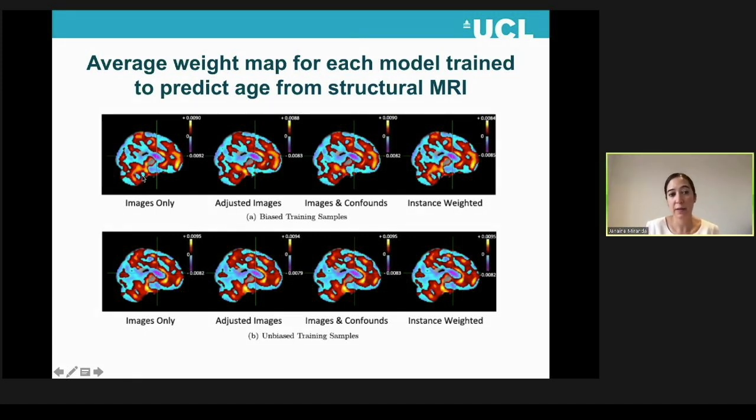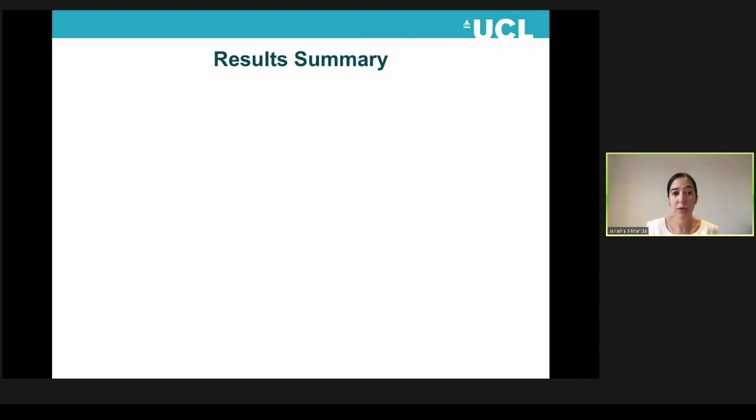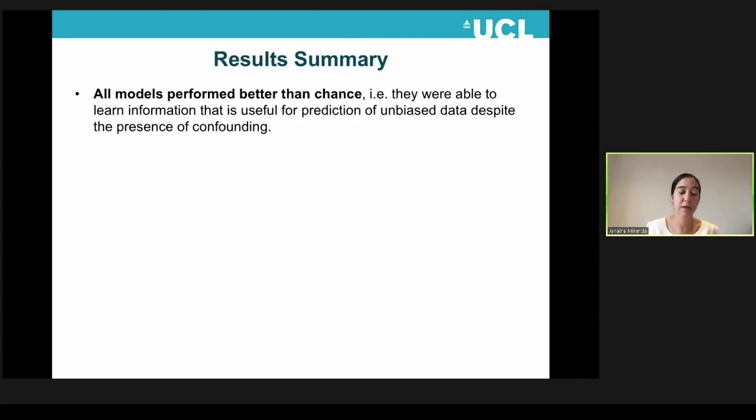And what we can see is that, similar to the previous example, there is almost no difference between the different approaches and even the different samples, the biased and unbiased. So now, to summarize these results, we can make a few observations. The first one is that all models perform better than chance. So they were able to learn useful predictive information from unbiased data, despite the fact that the training sample was